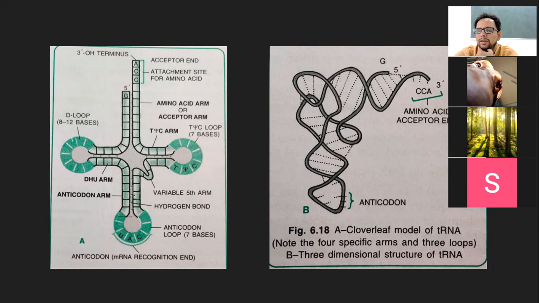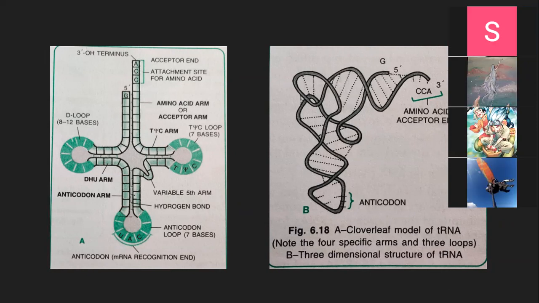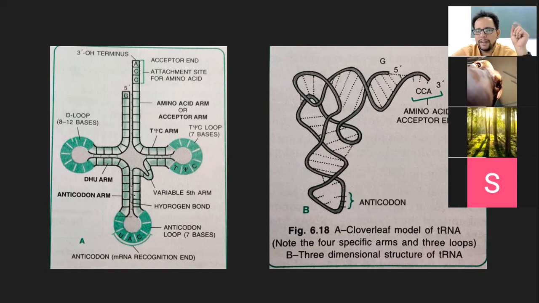Mansi, Akshay. 5 prime to 3 prime. So you mean the anticodon will have the same reading sequence as 5 prime to 3 prime? Yeah, I'm guessing. Pratham? Yeah, sir. Even I think 5 prime to 3 prime. Okay, so that's correct. And why would you say so?